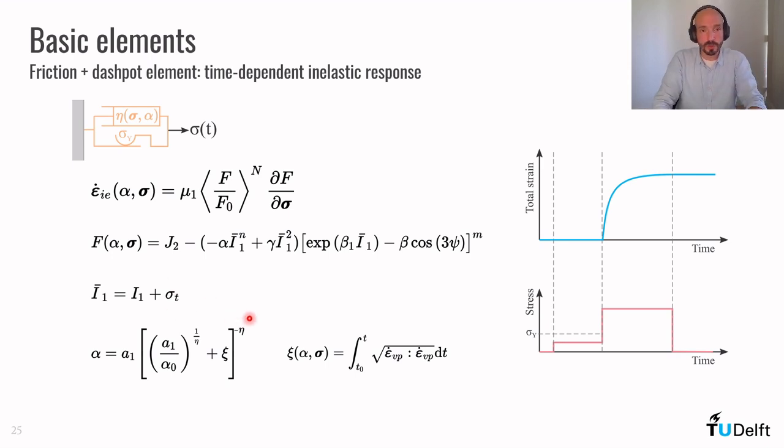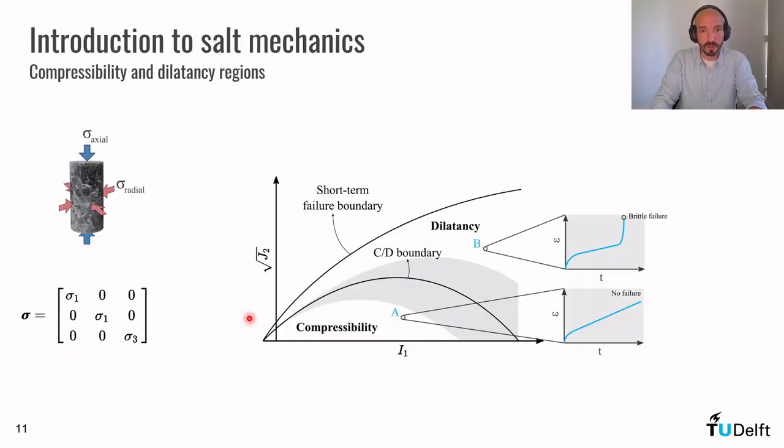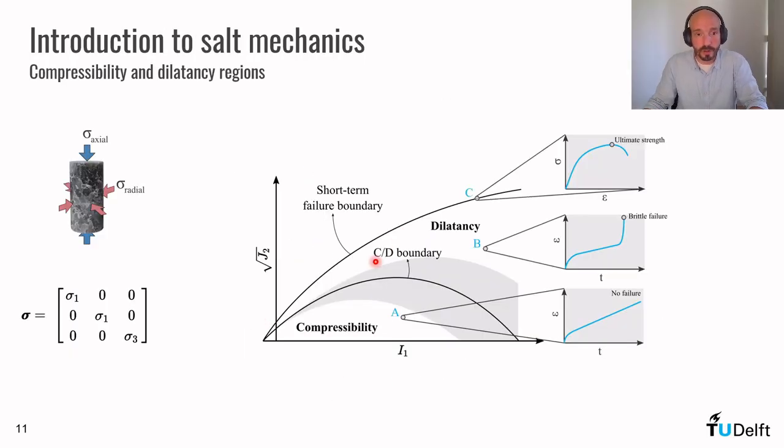Let me show you what this is. When I show this graph here, you see this small region. This value here is the tensile strength. The positive values of I1 mean that we are applying only compressive stresses to the sample. Once we reach this region, with negative I1 values, it means we are applying tensile stresses